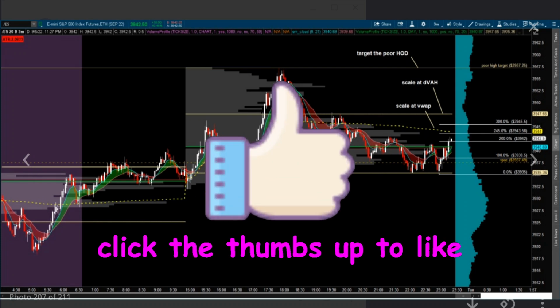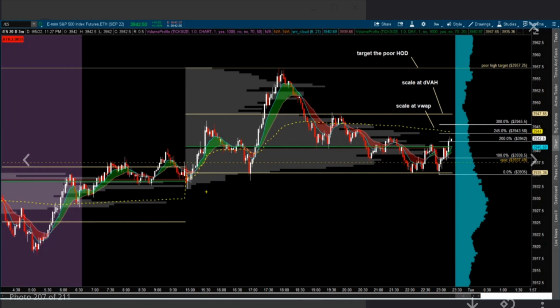So any buyer that comes along and wants to buy basically has to bid up the price to entice or to find sellers. So when I saw this, when it came down to this value area low, if I take a trade over here and put a stop underneath here, it's still a good risk and reward ratio. Okay, because what I'm targeting here is